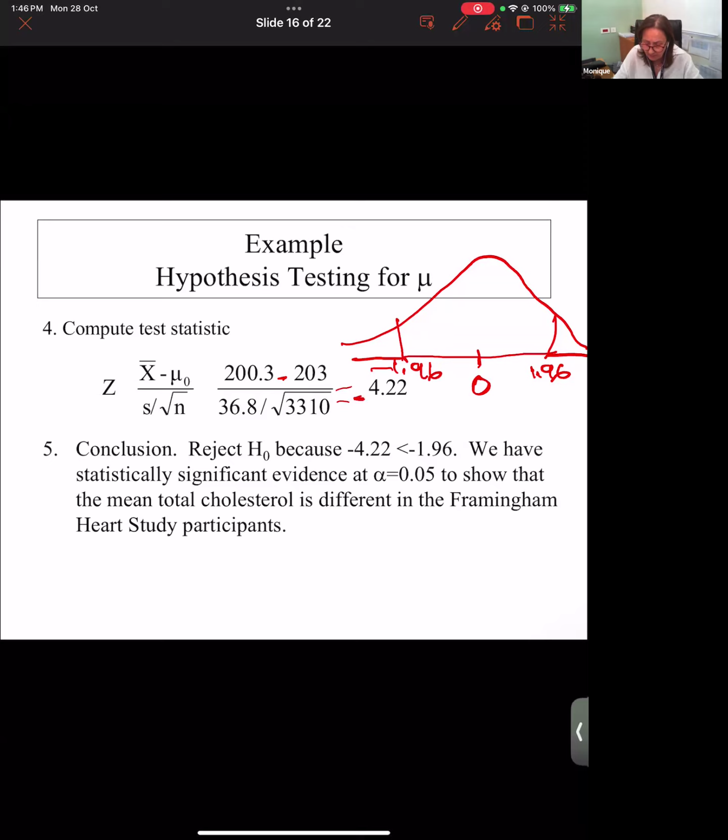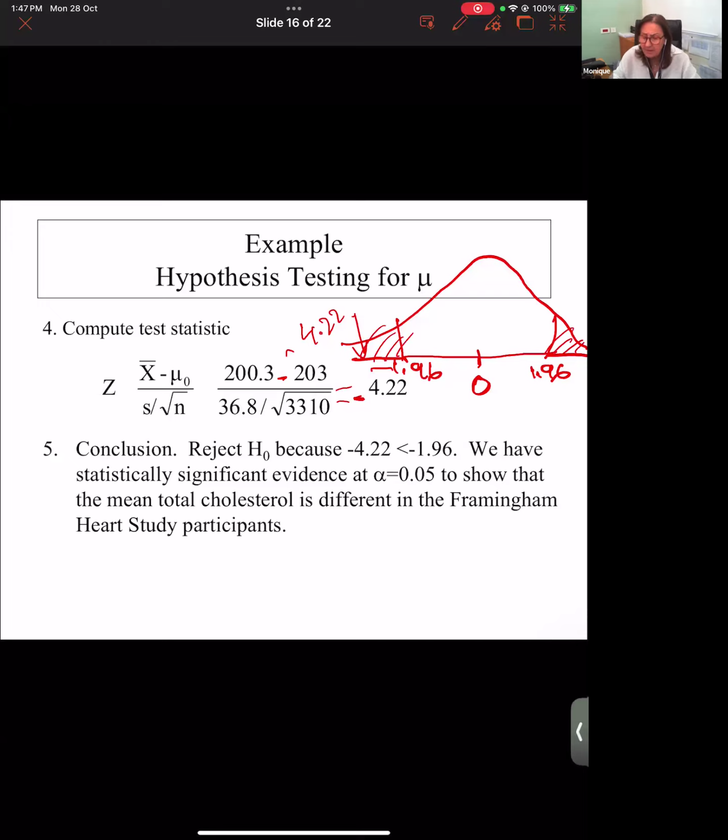Where does it lie? Beyond 1.96, so it's here, at minus 4.22. What do you see? That it is less than minus 1.96. Does it fall in the rejection area? Yes, it falls in the rejection area, the ones I'm highlighting, and therefore